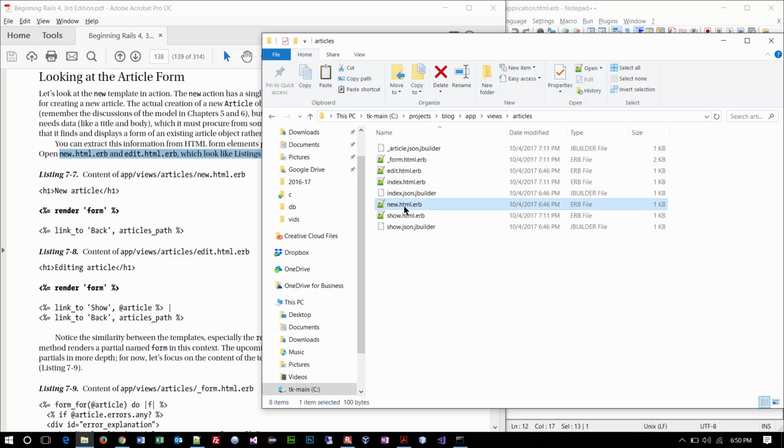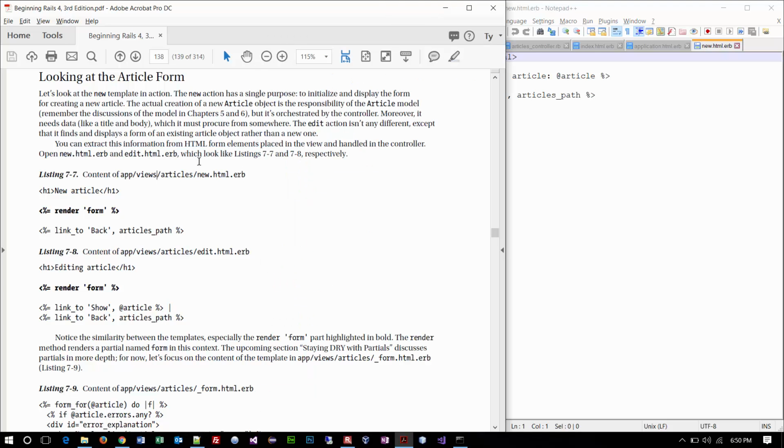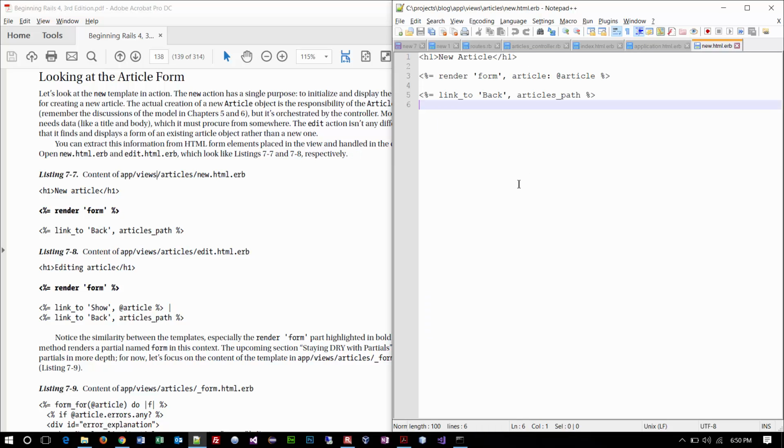So this is inside the articles folder, inside the views folder. So let's open that back up, and then notice that they have a couple of things here. Notice that the new file looks a little bit different. Should we change it? The answer to that is what, do you think? No. Don't mess with it, because new version, new protocols, what's in there is what's supposed to be there, so